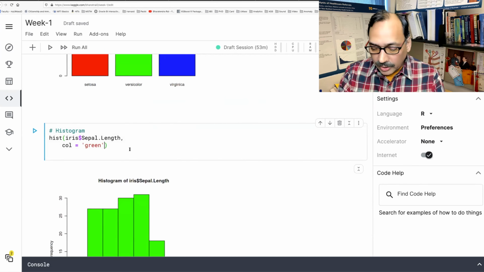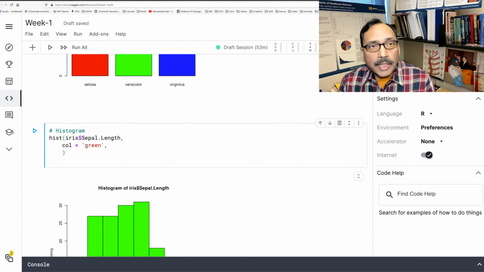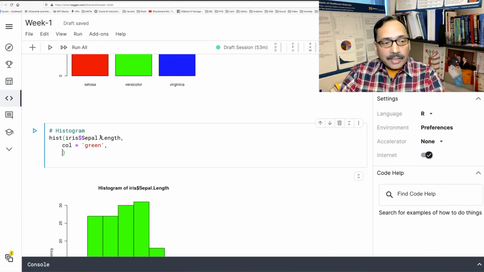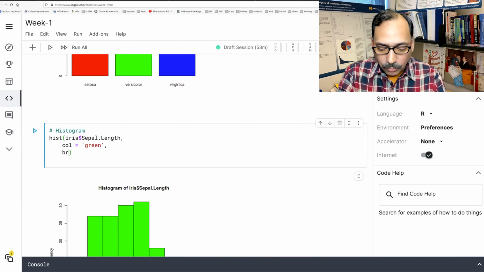Another feature you can add in histogram, you know, like a rule of thumb, if you have 100 data points, about 10 classes are usually enough. But if you have 1,000 data points, obviously you could have more than 10 different classes for histogram. And one rule of thumb is square root of the sample size. But you can also define that yourself. You can say, I want more breaks.